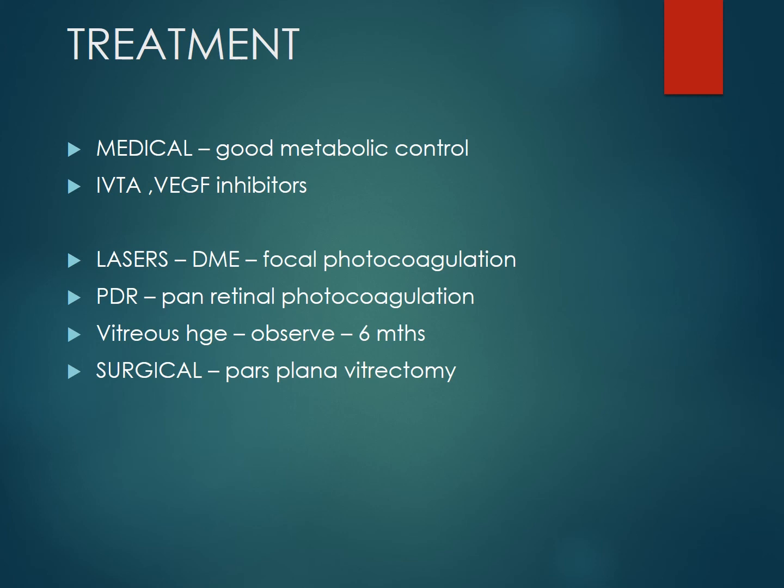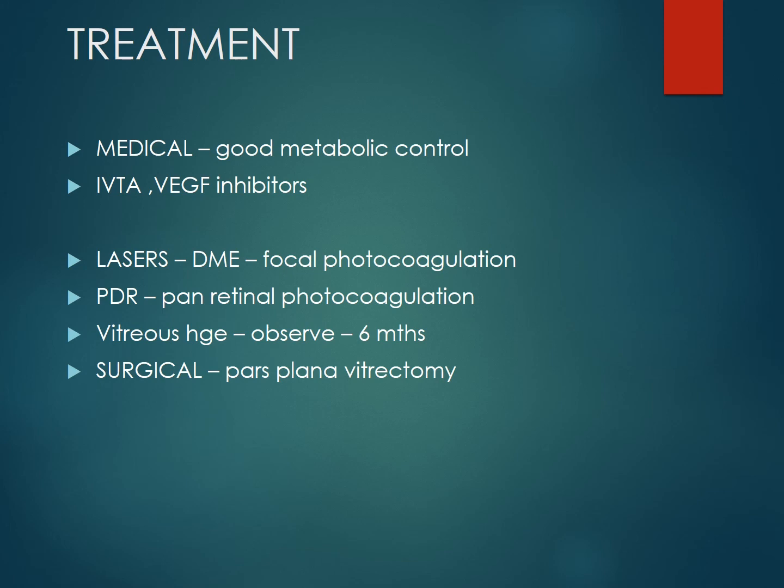So pan-retinal photocoagulation is where you're knocking off the peripheral retina with lasers and trying to save only the central retinal area, so that the patient will have a tubular vision. The idea is that when you apply laser to the hypoxic peripheral retina, the retina will not demand more oxygen. So you are converting the hypoxic peripheral retina into an anoxic retina so that the demand for oxygen will go down, and thereby there will not be any new vessel formation.